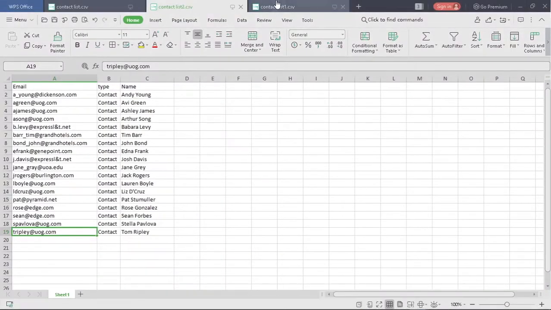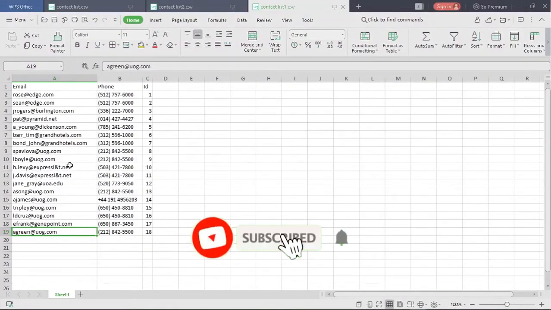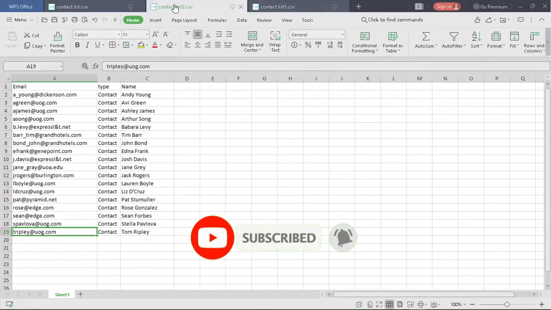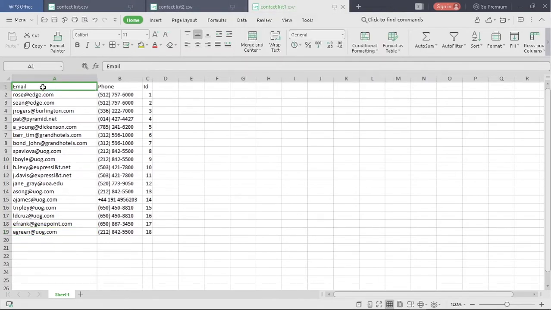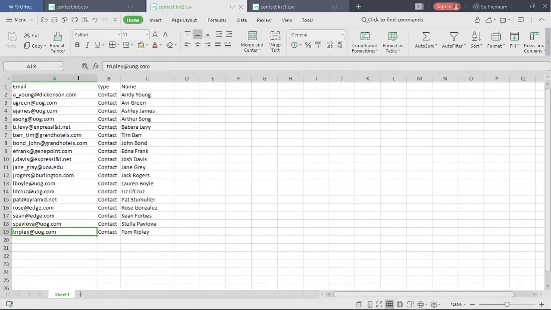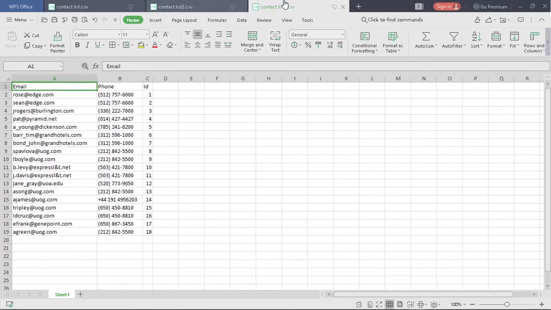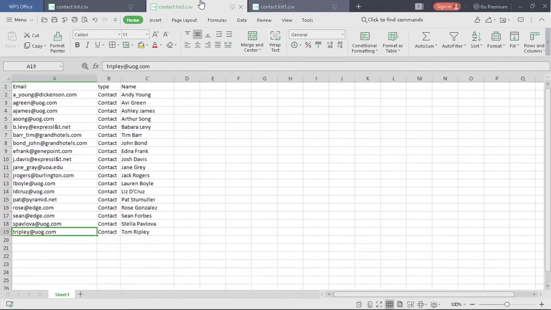So this one is my first file, and this one is my second file. What I want is this: the email column is common in both these files. Apart from this, phone and id are provided here, and type and name are provided here.